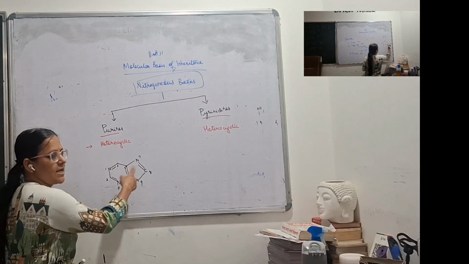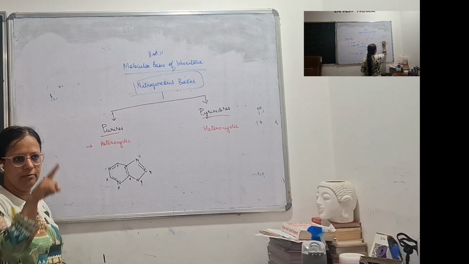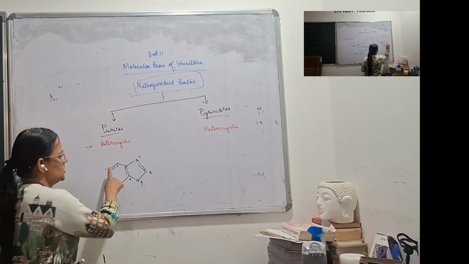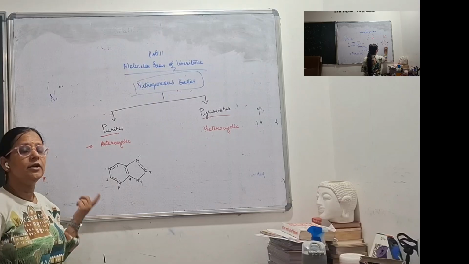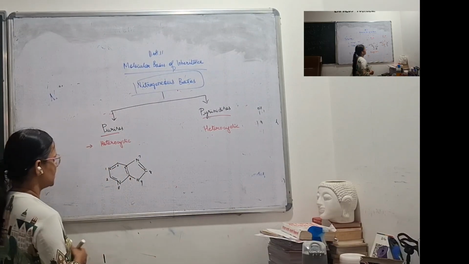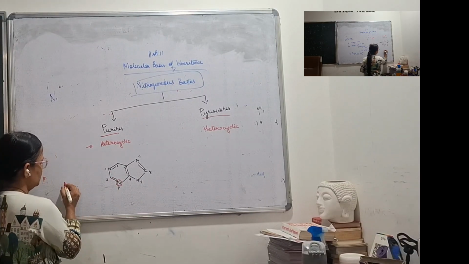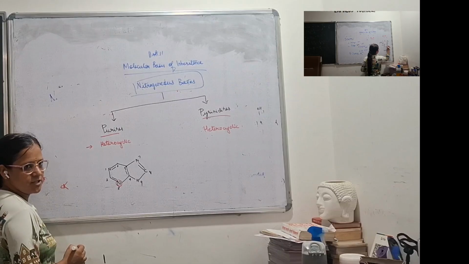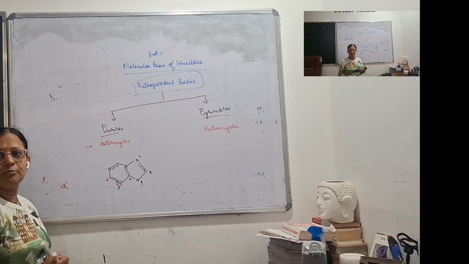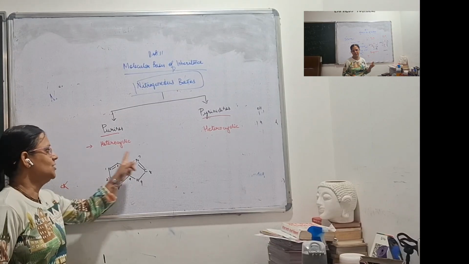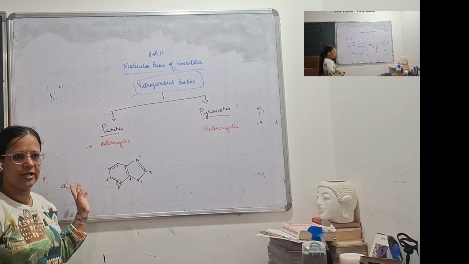Cyclic meaning what? See, this is a cyclic chain. Okay, it's completing. And cycle meaning what? It is complete. Right? Bicycle. The wheel is completing. So this is cyclic. But what kind of cyclic is it? Heterocyclic. Why am I saying it is heterocyclic? Because it has got different atoms in the chain. See, I told you before that if I am drawing like this, carbon is present over here. So here also there is carbon, here also, and a nitrogen is present. That means two different atoms are present within the same cyclic chain. So it is called heterocyclic, right?